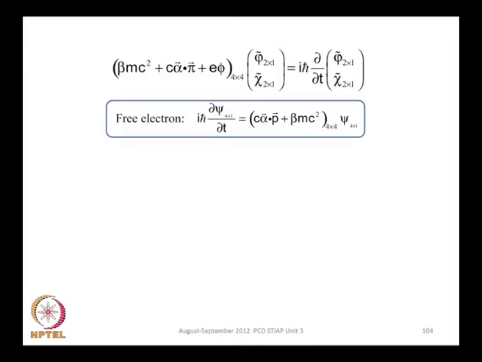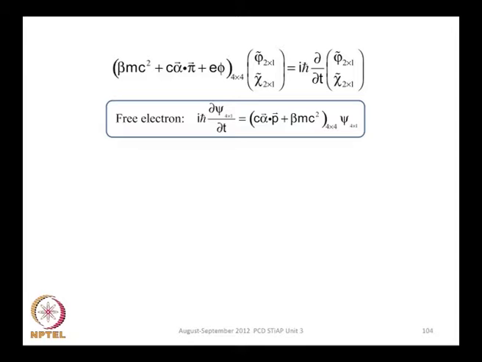Instead of pi you get p, pi is the generalized momentum which includes the magnetic vector potential. So, you get only the alpha dot p term instead of alpha dot pi because there is no vector potential. Likewise, this term e phi is also missing, and we have a much simpler relation to work with, and you can already see that even for this equation, even for the free electron, you have got the odd operator alpha and the even operator beta,